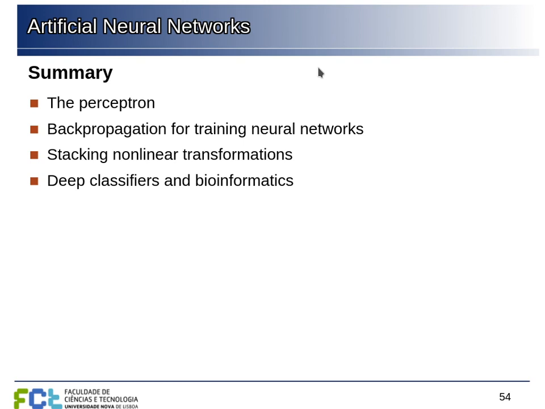And now we can train neural networks. We can train stacks of neurons that are connected to each other. And this allows us to stack consecutive nonlinear transformations of the data that can be learned by the network, so that at the end, the last layer can solve the linear classification problem that we have. And so we saw briefly some applications of deep classifiers in bioinformatics.